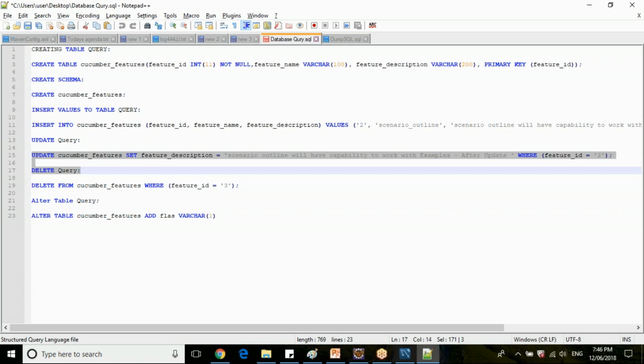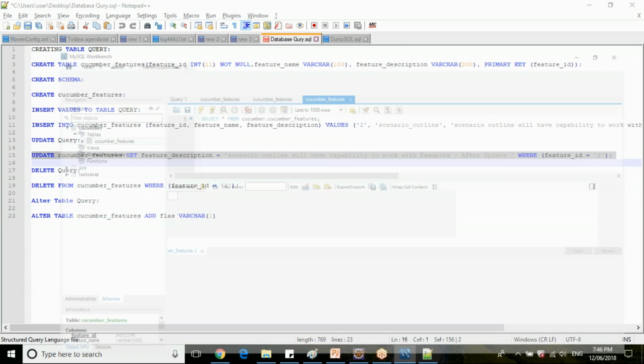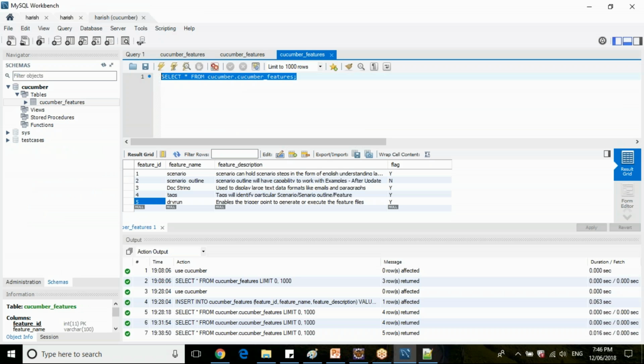Copy this update query, which we wrote in yesterday's session, and execute it here.